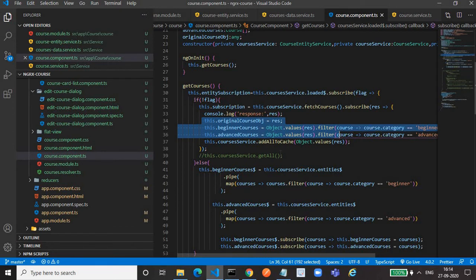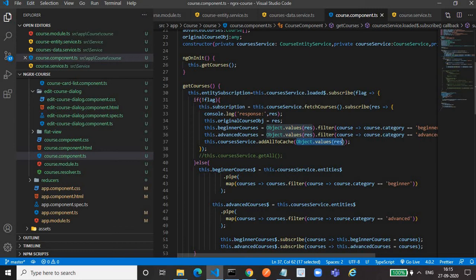The important thing is, once we get the data from the database, we need to add it to the store. So we are adding that to the store by using this dot courses service dot addAllToCache, in which we are providing the array of courses. addAllToCache will add the courses to the store.